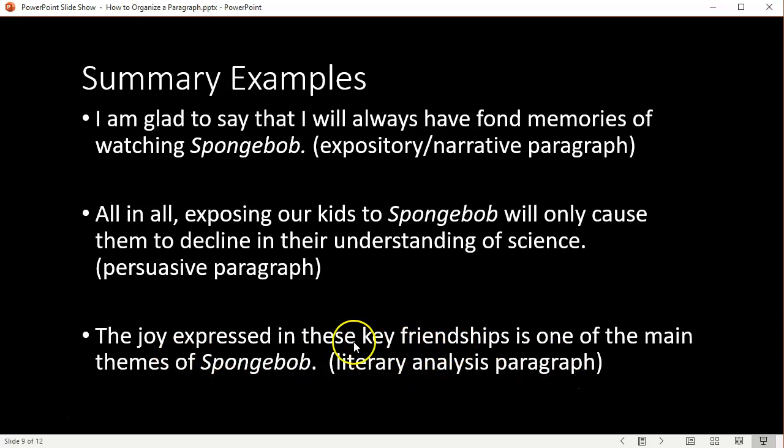One thing I would note here, notice that I said these key friendships, but so far I've only mentioned one in my paragraph, right? That might be a paragraph that I would need to lengthen by using another friendship example. I might talk about SpongeBob and Sandy. I might talk about SpongeBob and Squidward, even though they're not friends, so to speak, quote-unquote friends. There's certainly some heartwarming moments between the two of them in the entire series. I could talk about the episode where Mr. Krabs starts dating Mrs. Puff. There's lots of options for me to continue with there. But notice, once again, I can always lengthen a paragraph. I can always develop it by including more evidence.